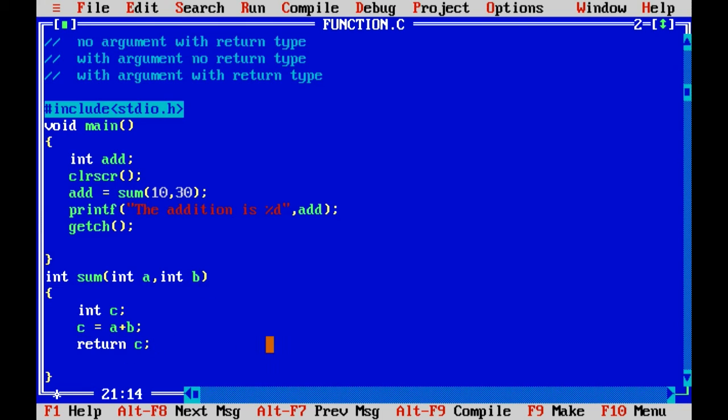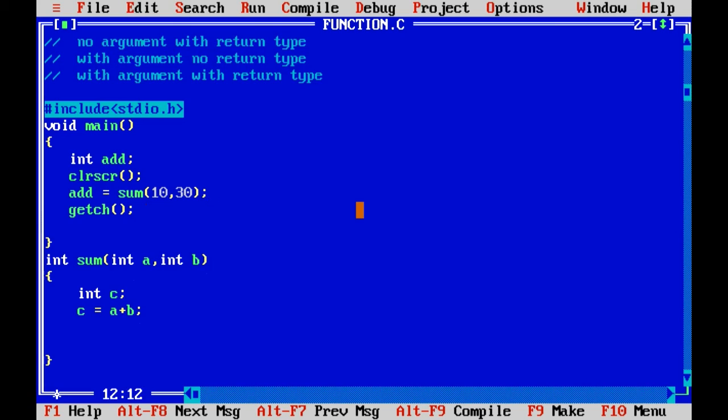Now I will show with argument and without return type. This will be easy and you can guess it. I'll remove the print statement from here, and I'll remove the integer from here as well.